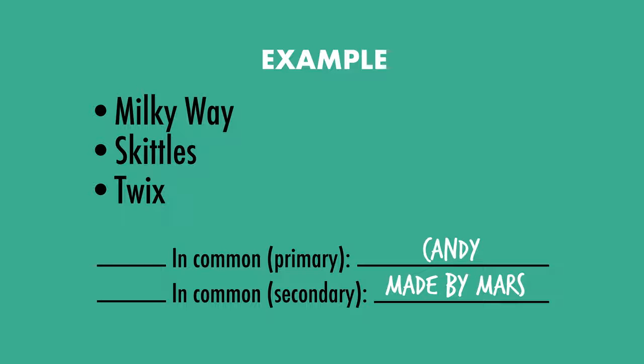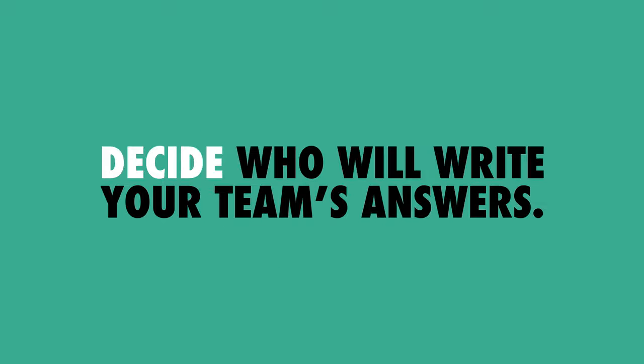You'll have 3 minutes to work on this, and there are 6 groups of information. If you get the primary thing that a group has in common, you'll get a point. If you can come up with a secondary or more narrow thing the 3 things have in common, then you'll get another point. We'll go over the correct answers at the end, and it goes without saying that you can't seek help from the internet or anything else. Take a second to decide who will write down your team's answers.